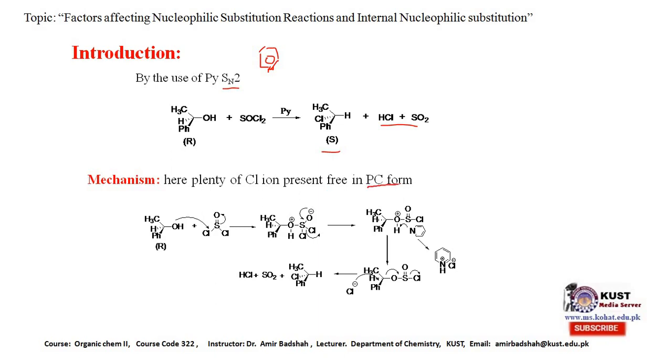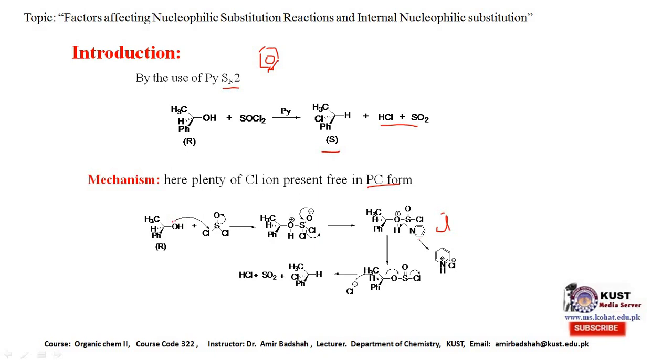How is pyridinium chloride formed? Look, in this case, if we consider the mechanism, the lone pair of electrons attacks the sulfur, and this bond is shifted here, and after this we get this species, and then the negative charge is restored and forms a double bond, and this chlorine is left. This chlorine is taken by the ammonium ion. This chlorine is free now, and now both chloride ion and